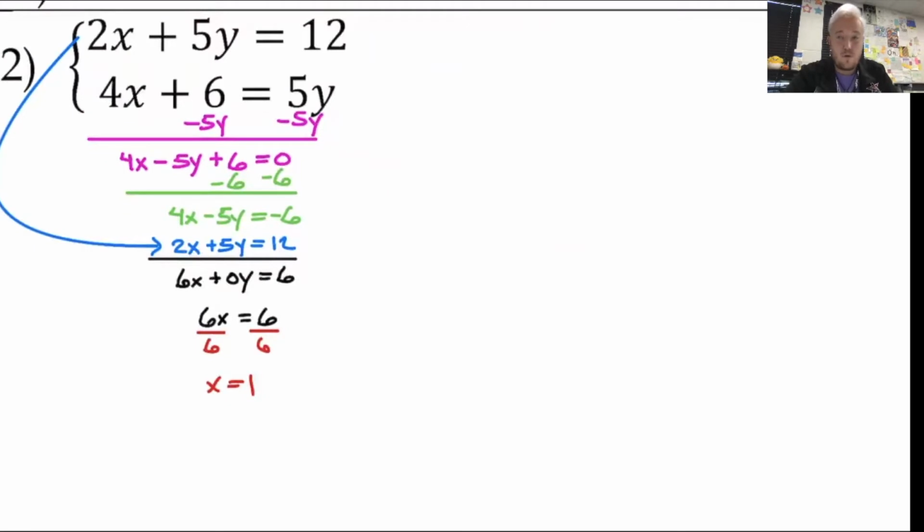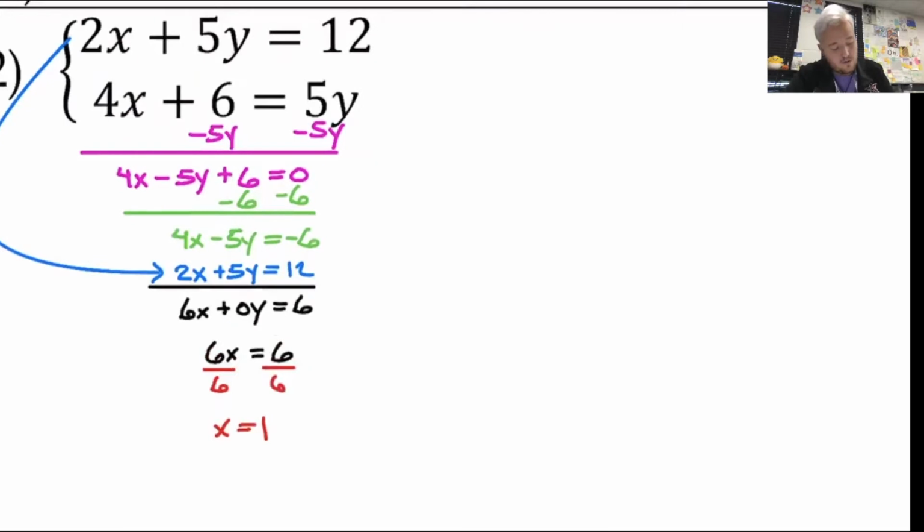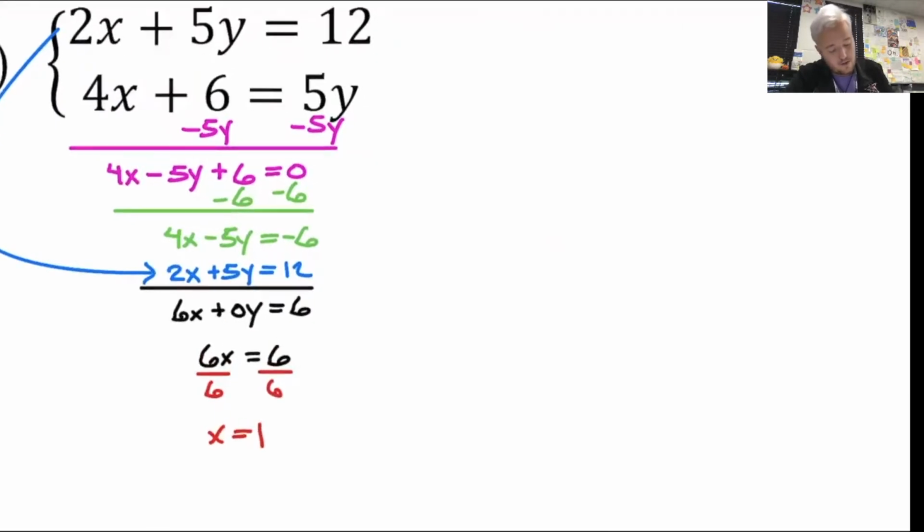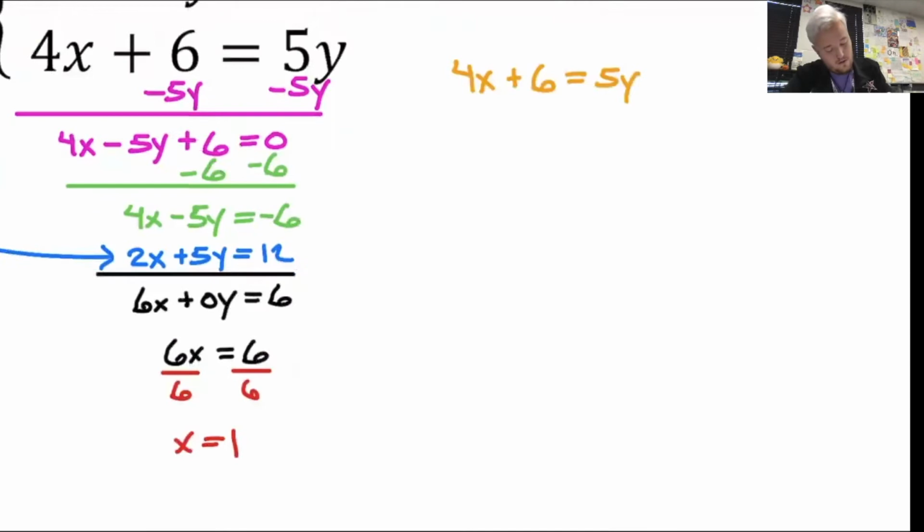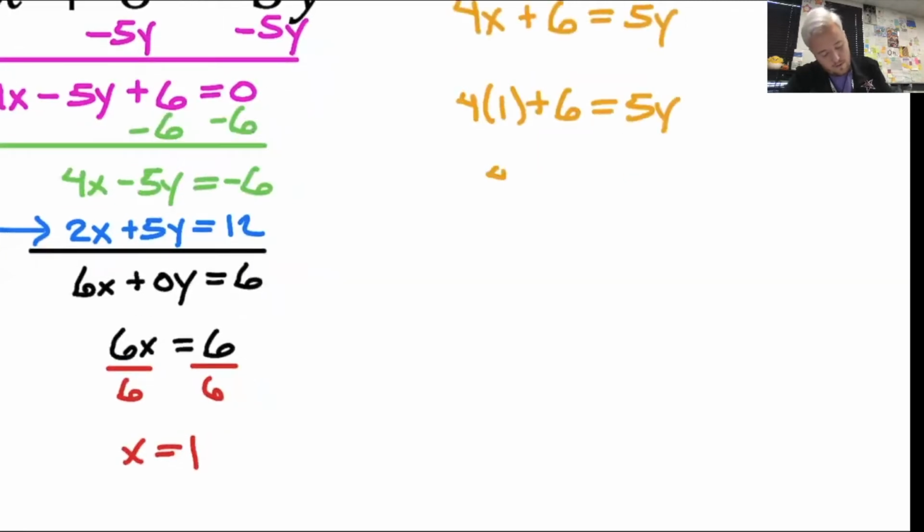All right, so we have our x value. Now you need to solve for your y value. So I'll use the second equation. 4x plus 6 equals 5y. All right, so I'm plugging in 1 for my x value. So 4 times 1 plus 6 equals 5y. So I'm going to have 4 plus 6